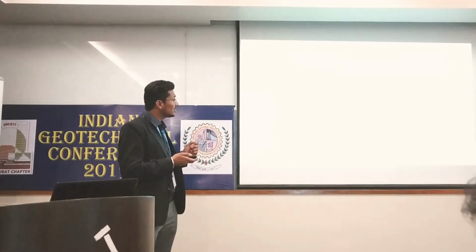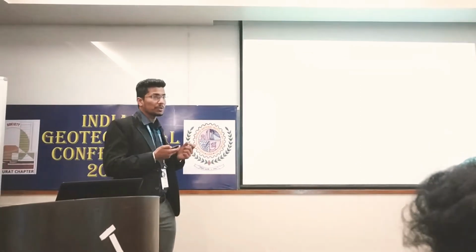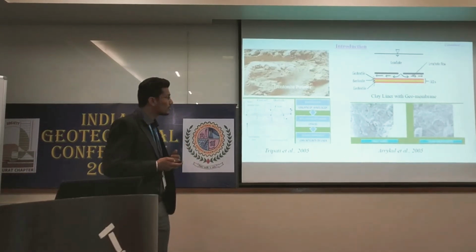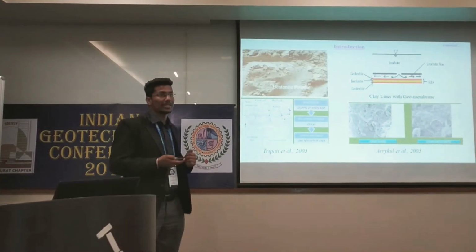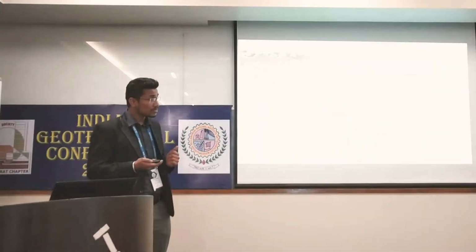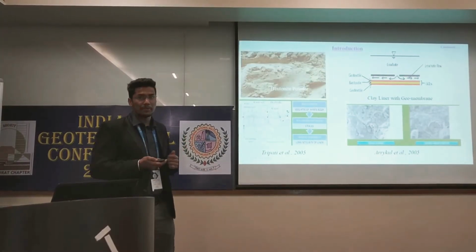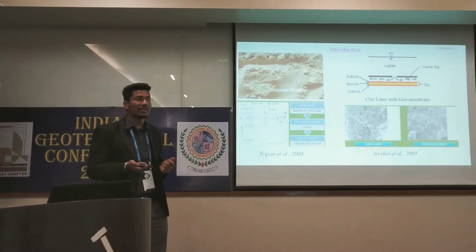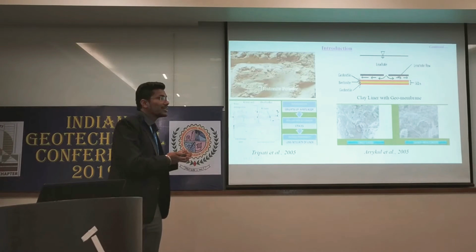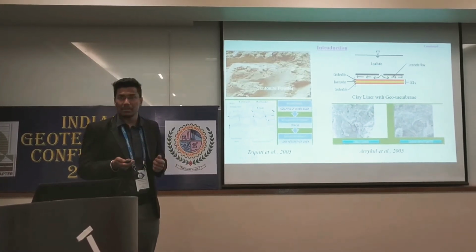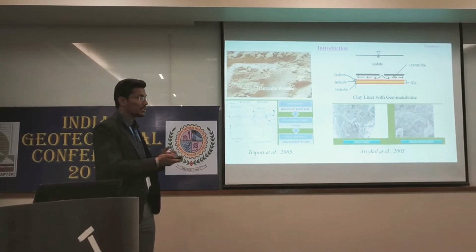So conventionally, we are using sand to prepare a landfill liner, but currently we have a lot of problems with the sand. So we have to find out some alternative to replace the sand to make a liner. So we go on marble dust. Because marble dust is abundantly available in Rajasthan, which is almost 95% of the marble waste which is generated in the Rajasthan. So I try to replace that particular sand with the marble dust, and I add the bentonite in